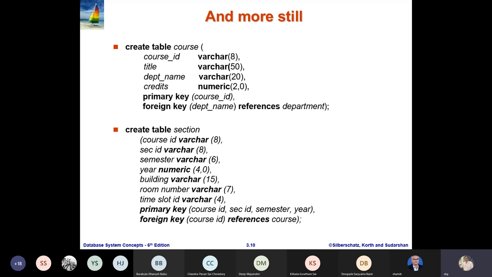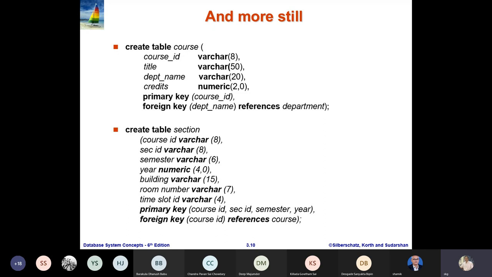There can be different other features, like I can say the course ID may indicate, or I can say the type of course, like whether it is a UG course, PG course, and things like that, right? Interdisciplinary course and things like that. So similarly, we have sections, where this section is of a particular course. So we have this course ID referring to the course,